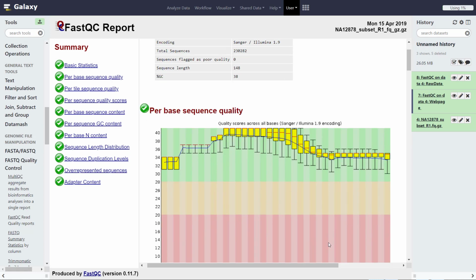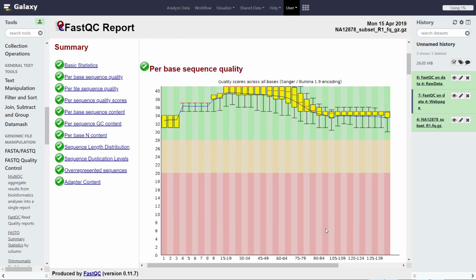The next category is the per base sequence quality. This view shows an overview of the range of quality values across all bases at each position in the FASTQ file. For each position in the read, a box whisker type plot is drawn. The elements of the plot are as follows. The red line that you see is the median value in that position. The yellow box represents the interquartile range between 25 to 75%, and the upper and lower whiskers represent the 10% and 90% points. The blue line that's snaking across all the positions represents the mean quality at each position.